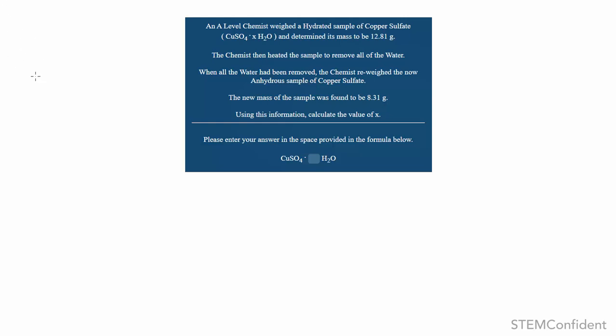Well, I'm going to use the equation that links the moles, mass, and molar mass, which is the fact that n, the number of moles, is equal to the mass, m, divided by the molar mass, Mr, okay? And in this case, that would be that the number of moles of CuSO₄ is equal to the mass m, so that's 12.81,